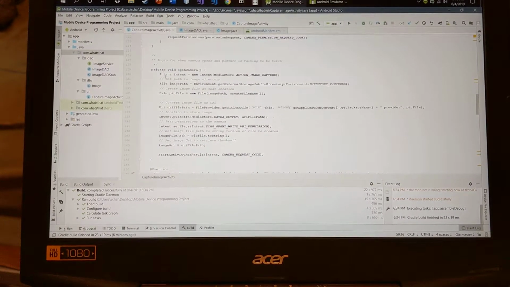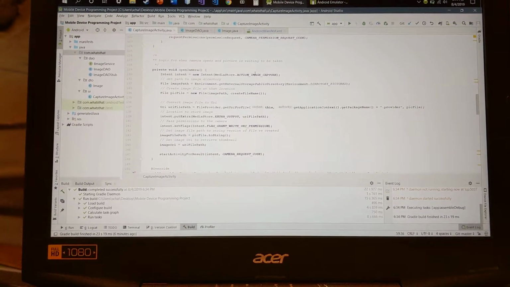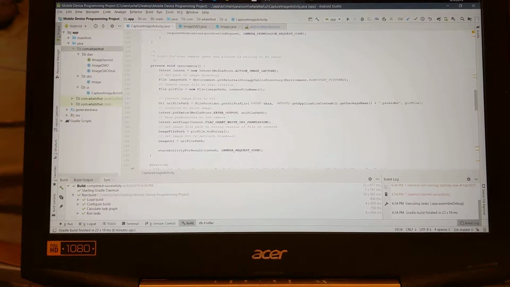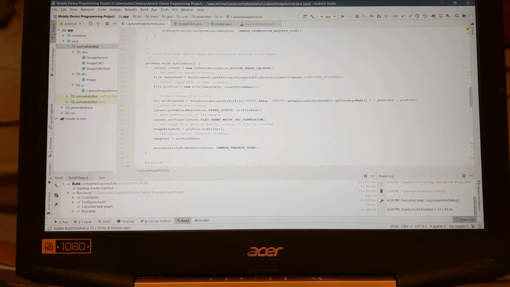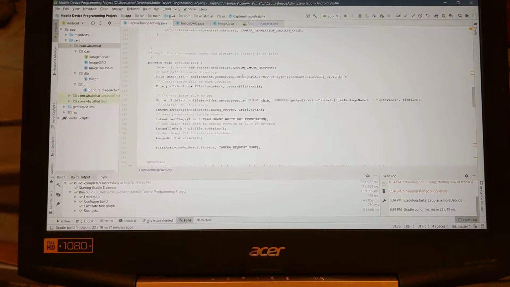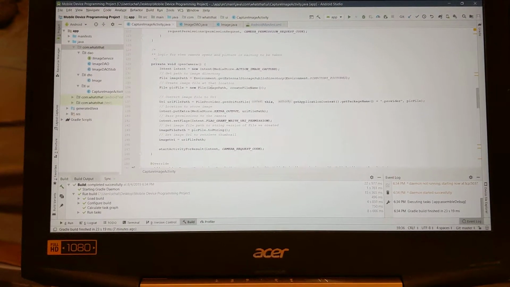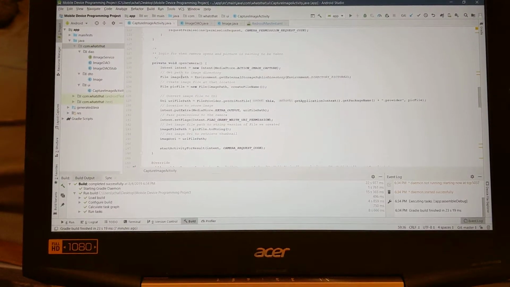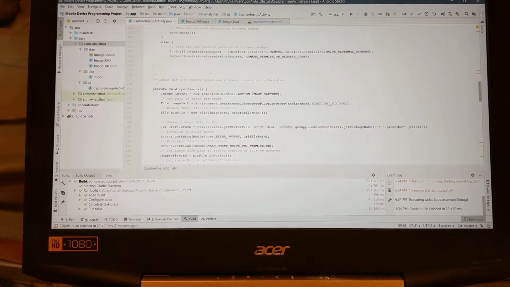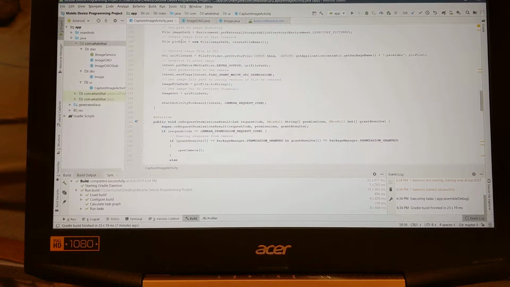This is what's called when the permissions have been verified to be granted. It creates an intent and sets the intent to open up the camera. We have a file object called image path that gets set to the external public storage directory, which is available to all applications. I know it's not as secure, but it does make the other bit of the code a little bit easier. We then have a file object here that we pass in as parameters the image path up here, and we call the create file name method, which again creates a unique file name based on the current date and time. I then set a URI